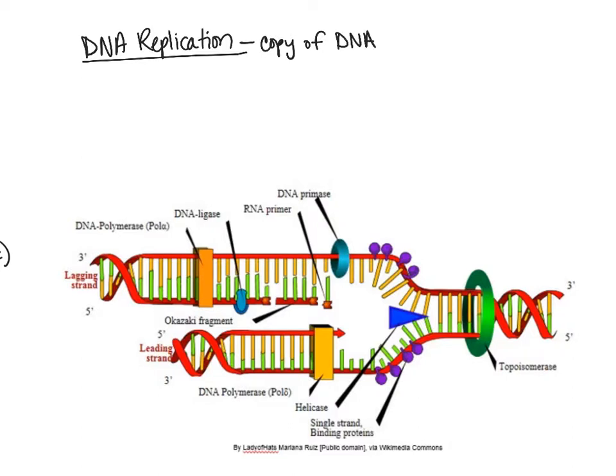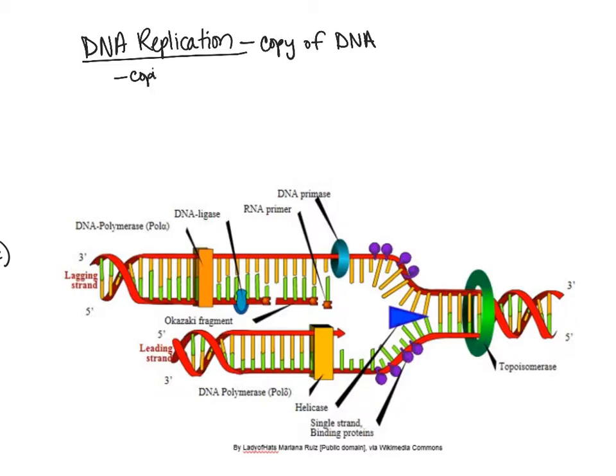And this is going to be in a situation where we're going to divide the cell. So if we have a cell and we want to make another cell, then we're going to need to copy all of the information that's held within DNA. So make a copy of all the DNA so we can put one copy in the new cell and keep one copy in the original cell. And this is going through cell division, and then it can continue doing this. Each cell can make a copy, and when the cell divides, the copy can go into the new cell, and the original stays behind. And this is called DNA replication. So we're replicating, or making copies of, the DNA.